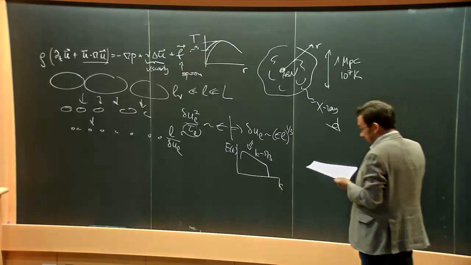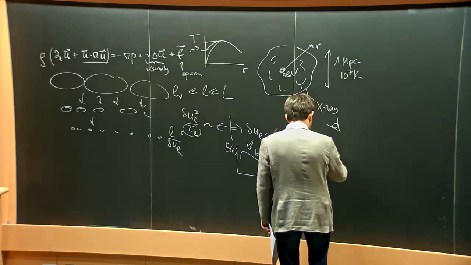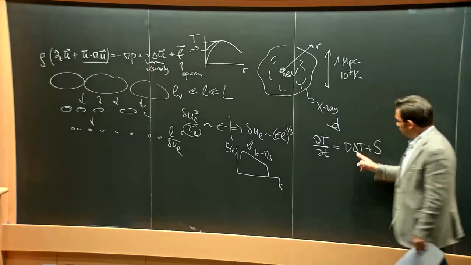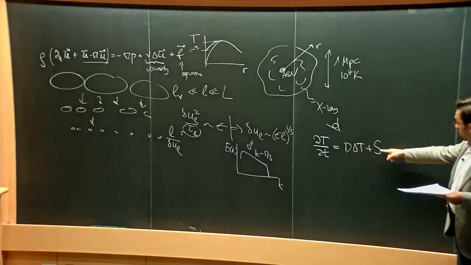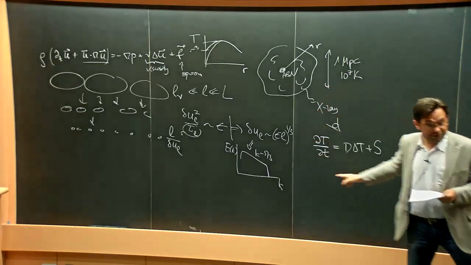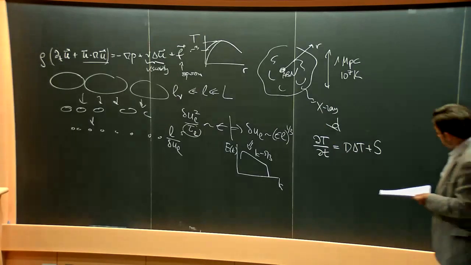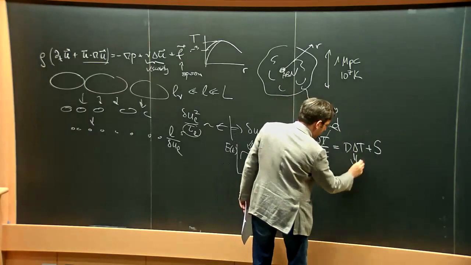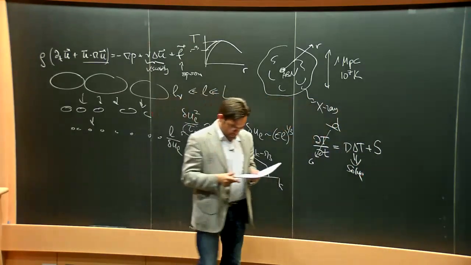So let's do some undergraduate physics on that. What is the equation for temperature in undergraduate physics? It's this: heat conduction plus source. And this is the heat diffusivity. This is the source. That's the AGN, actually, the heating engine in the middle. So you might think, okay, steady state. Solve this, and move on,